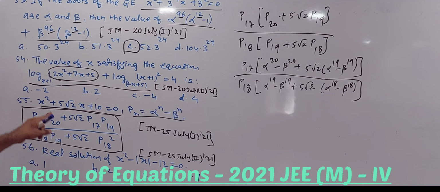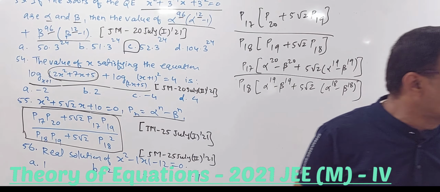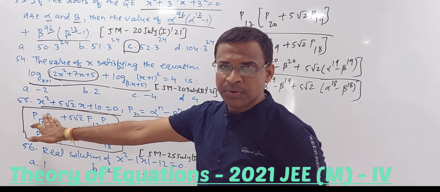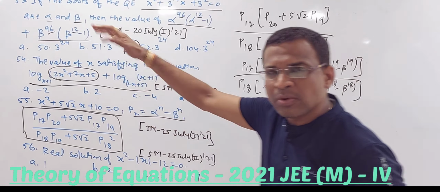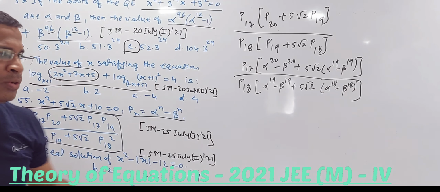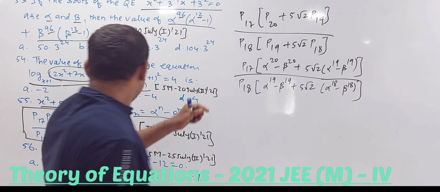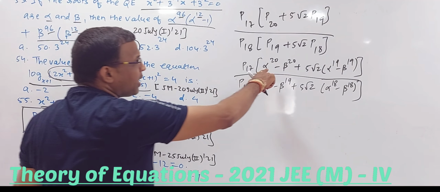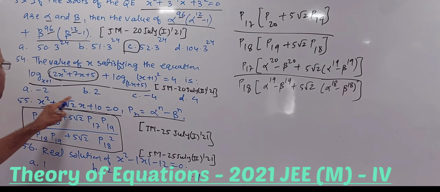We'll just check out. This is x square plus 5 root 2x plus 10. Actually in this question there is a little information which they should have provided, that alpha and beta are the zeros. Fine, these are all memory based, so I have taken it from the memory based set, so that information is not available, but alpha and beta are the roots. Fine, so what will happen? X square plus 5 root 2x, and we are getting alpha power 20 plus 5 root 2 alpha power 19. 1 degree less, here also 1 degree less.